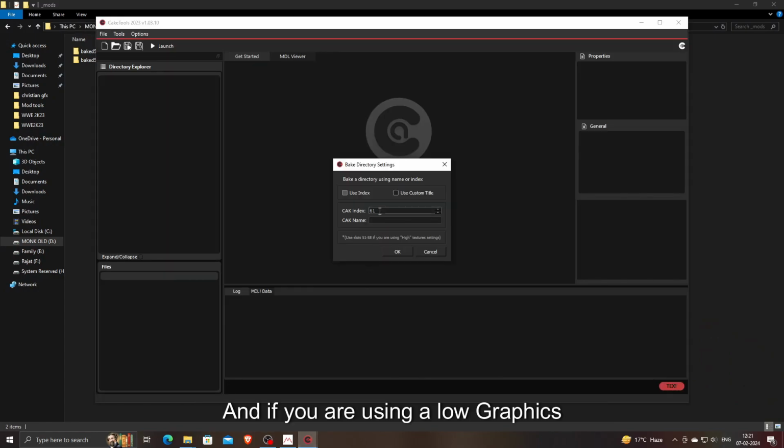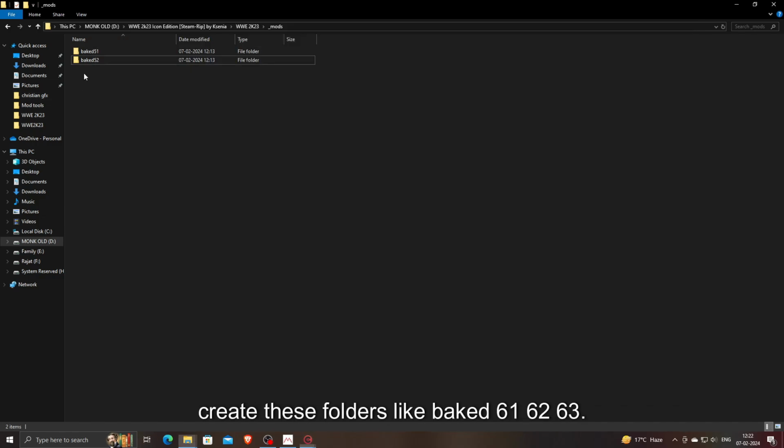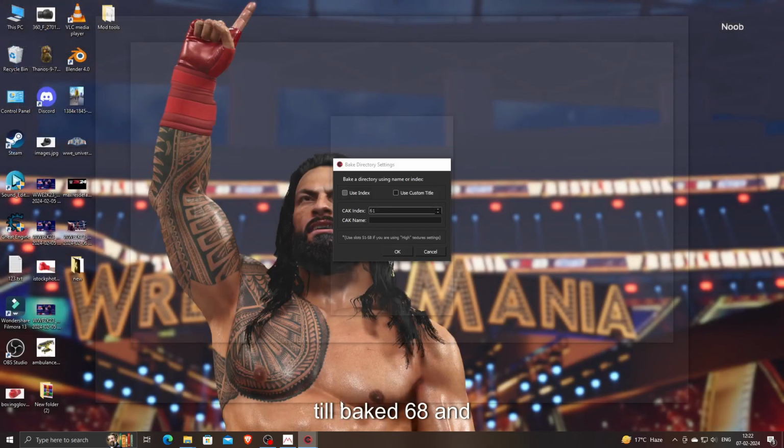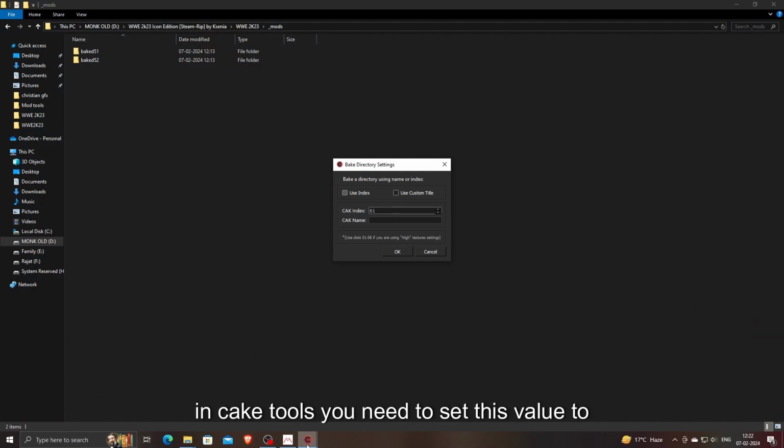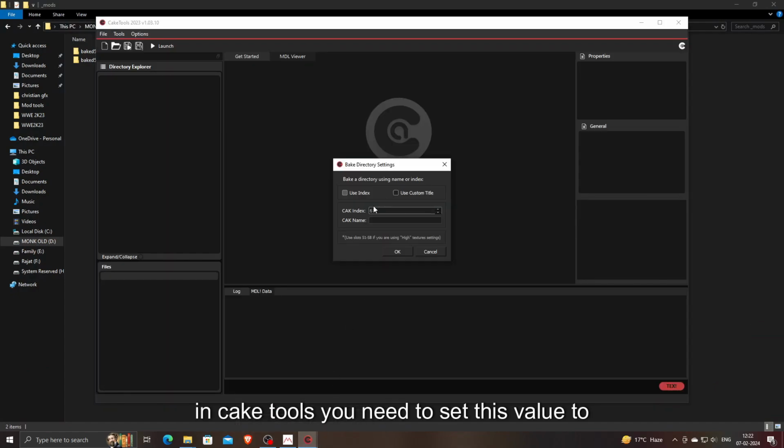And if you are using low graphic settings in your game, you need to create these folders like baked 61, 62, 63 till baked 68. And in cake tools, you need to set this value to 61 if you are on low graphic setting. As I am on high texture setting, I'll go with baked 51, click on OK,